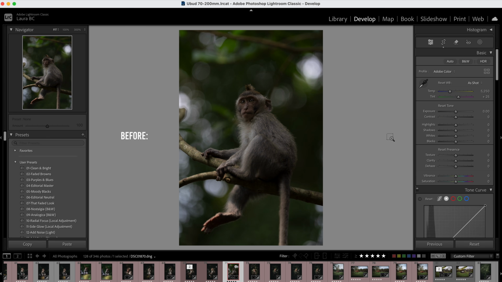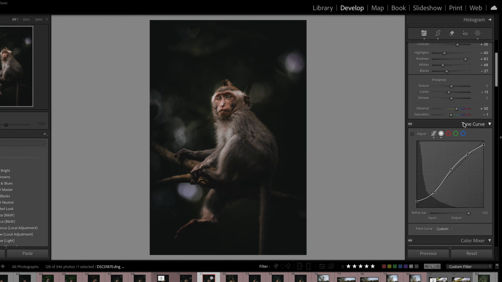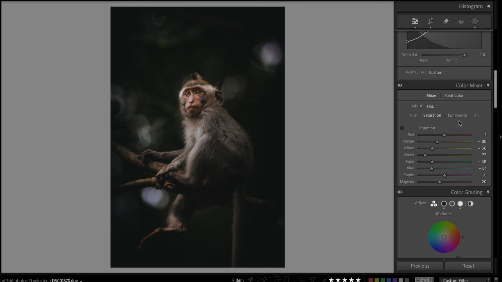So if you get other photographers' Lightroom presets and you like their style, you are going to be able to deconstruct every single thing they did, because you are going to be able to see it in the right panel in Lightroom and make that preset your own. Find your style, but not starting from zero. Lightroom presets is such a powerful tool, and then you can create your own and apply it in your photos